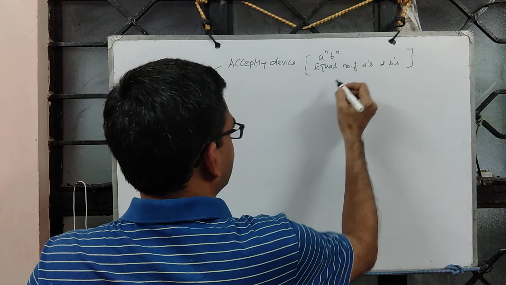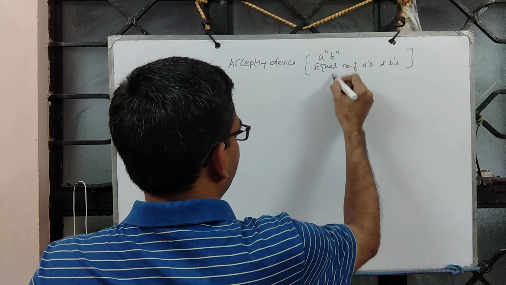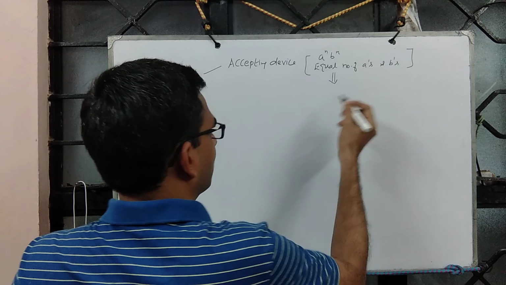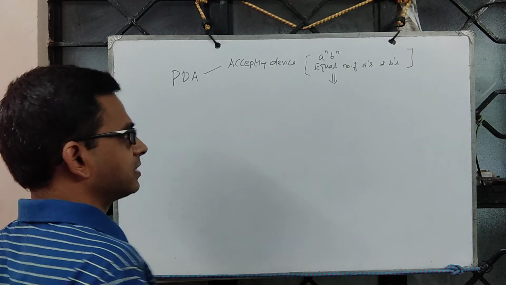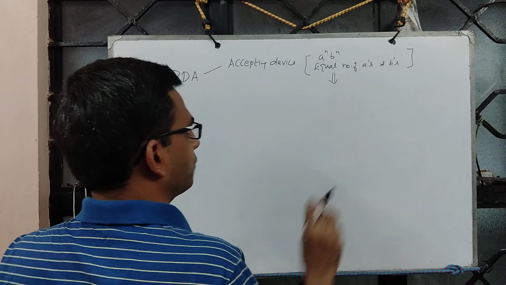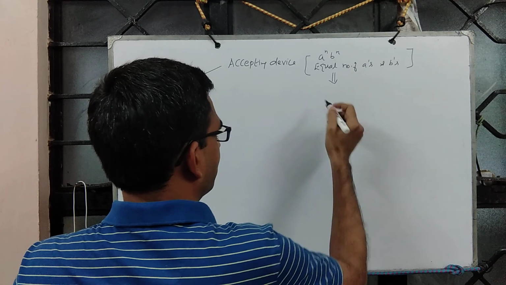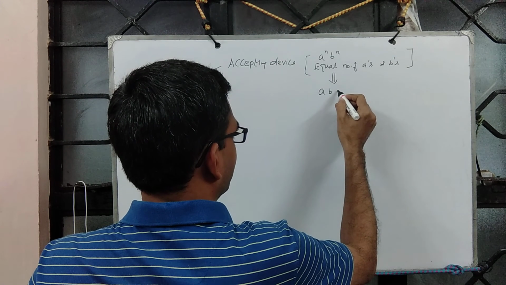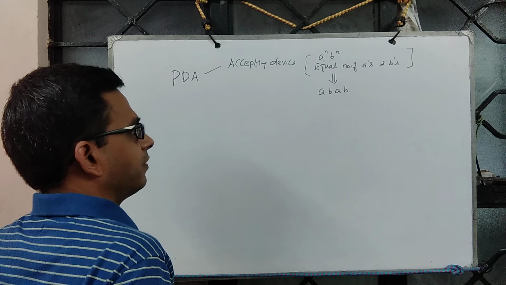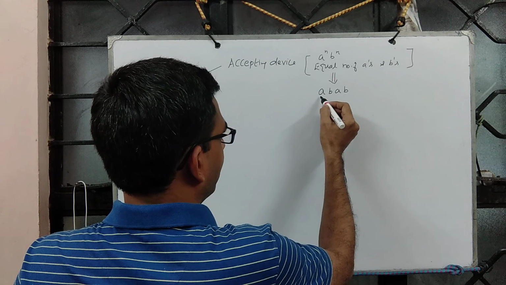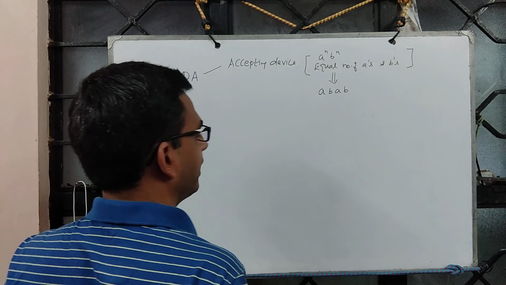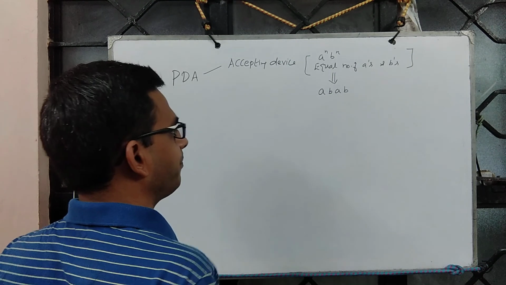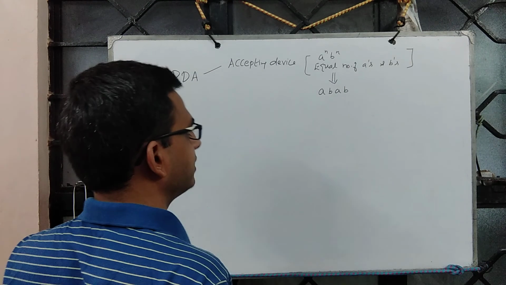So, for example, the PDA for equal number of a's and b's behaves like this. And what we have discussed in the previous lecture is just one part of the description. The complete one is here. For example, suppose you have something like this. We said when you read a, you push a onto the stack. When you read b, you pop a. But it works only for some strings.